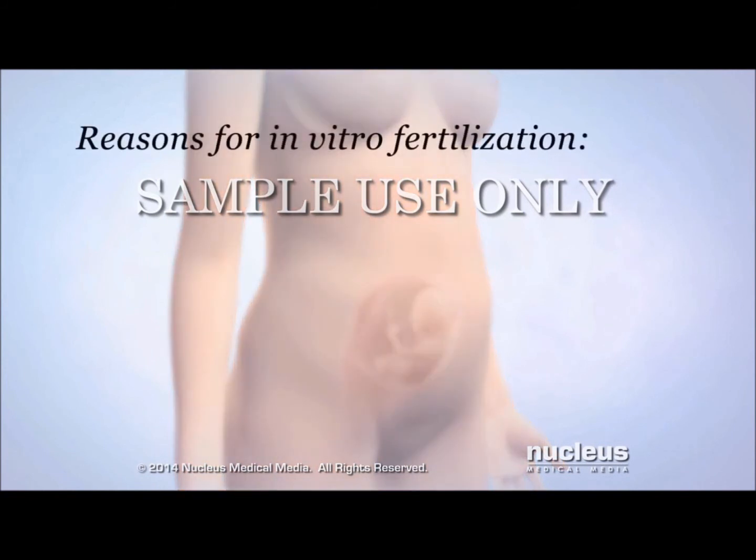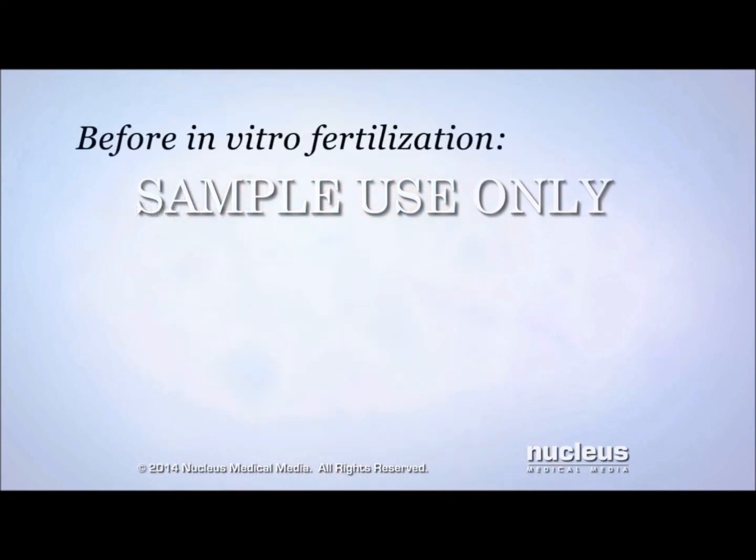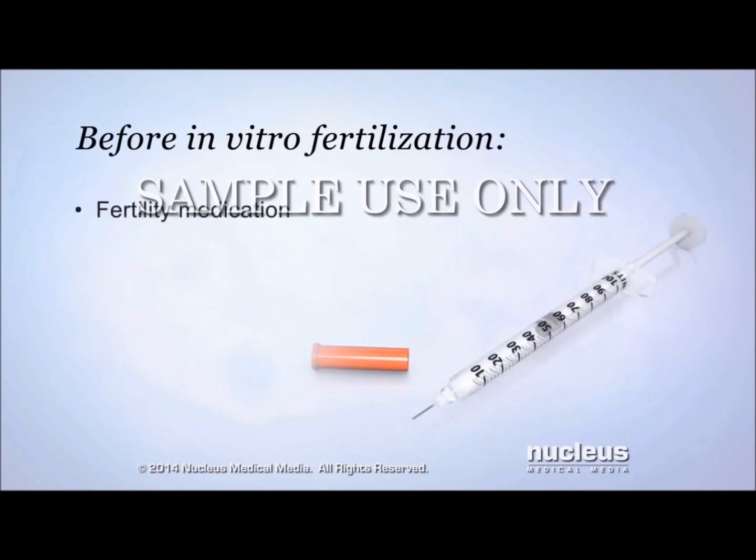In vitro fertilization may be performed if a woman has been having trouble getting pregnant, a condition known as infertility, or it may be done if a woman wants to have a child without a male partner. Before in vitro fertilization, a woman will receive fertility medication